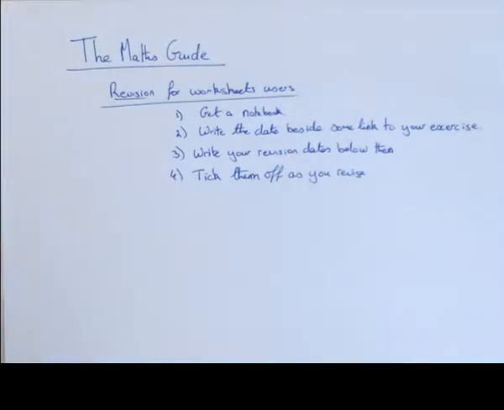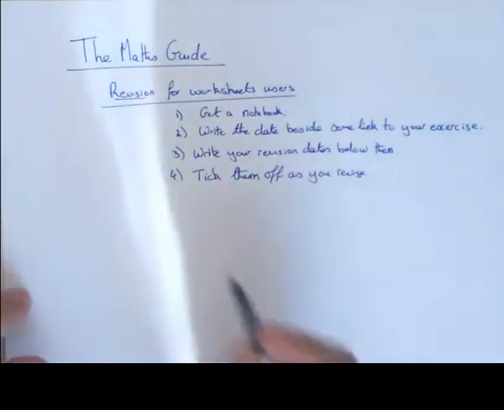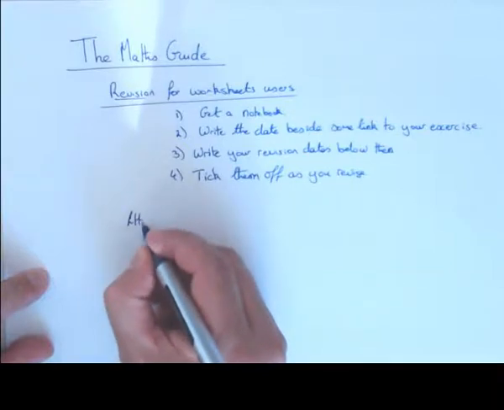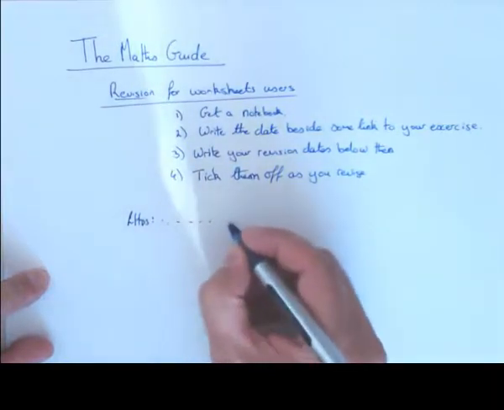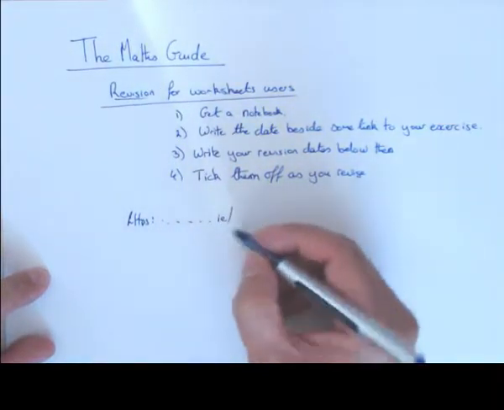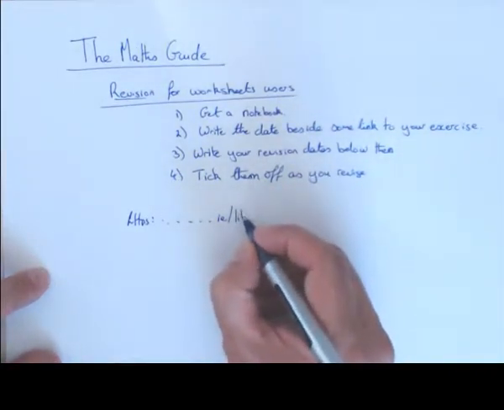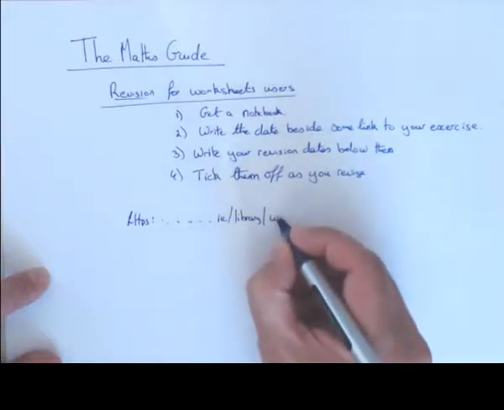In order to do this, I suggest you get a notebook. Write the date beside some link to your exercise. If you look at your exercise, you'll see it has some kind of a URL. It has https, blah blah blah, themathsguide.ie slash, I'm not sure what it actually says. What does it say? It says library / worksheets